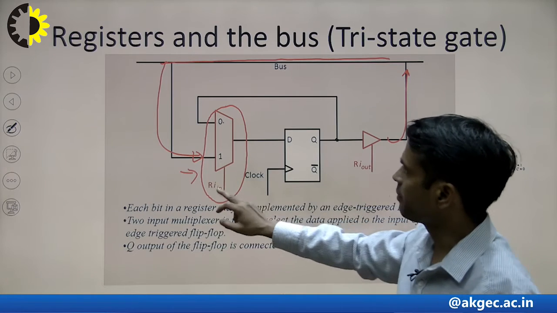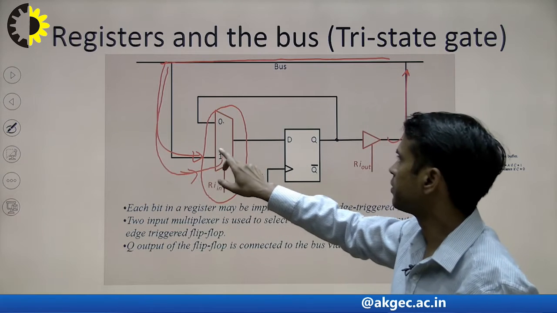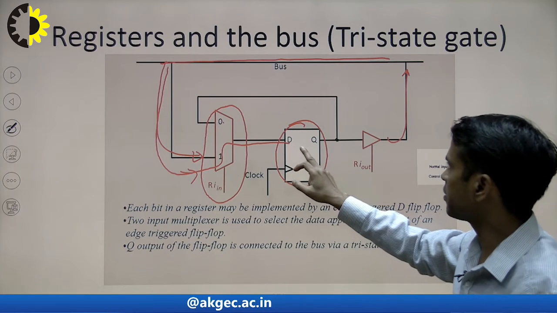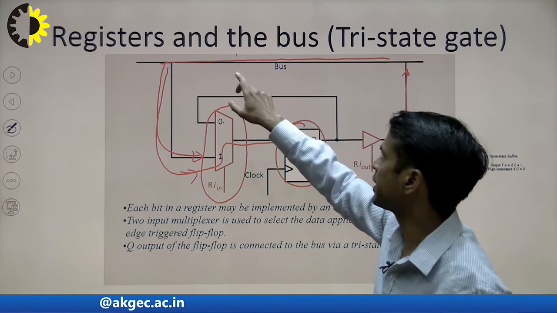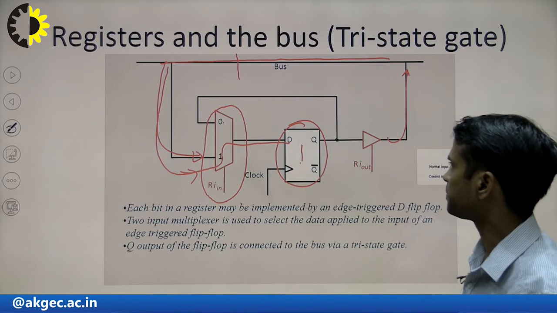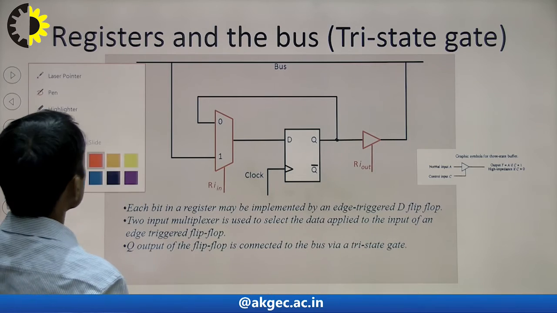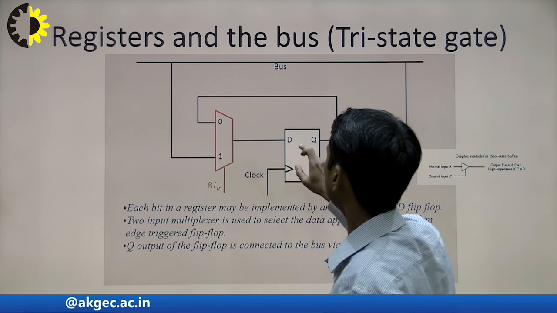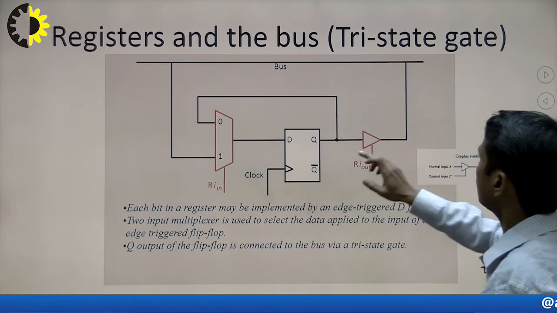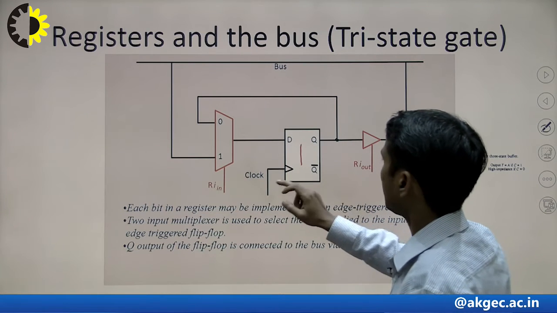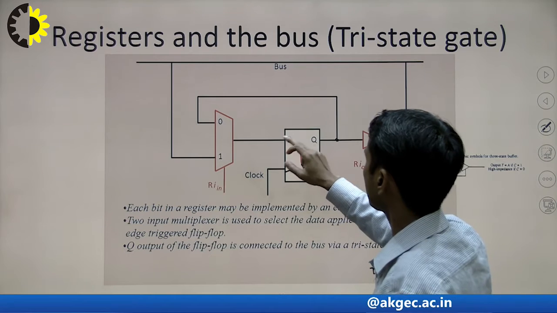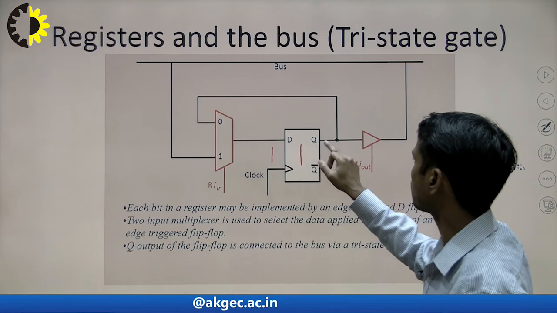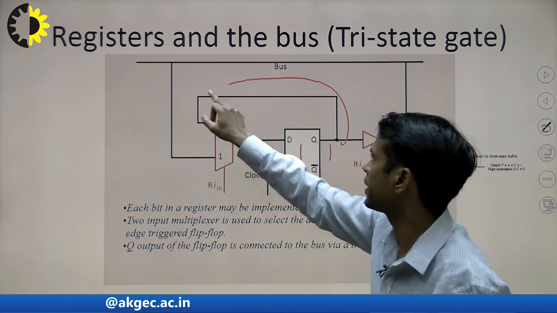So, what will happen when it becomes 1? The data will come from the bus through the multiplexer to here, and it will be stored in a D flip flop. So, temporarily it will store the data. For example, if in the bus line there is 1 bit, it will store 1. Okay. So, we can see here that when data is coming, it is being stored here as 1. Now, this 1 will remain because of the D flip flop; this input is 1, stored is 1, so the output is also 1. So, this 1 will go back here.